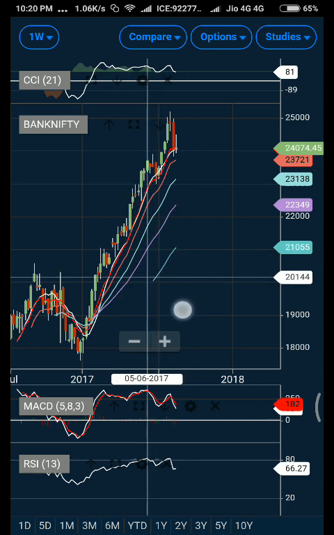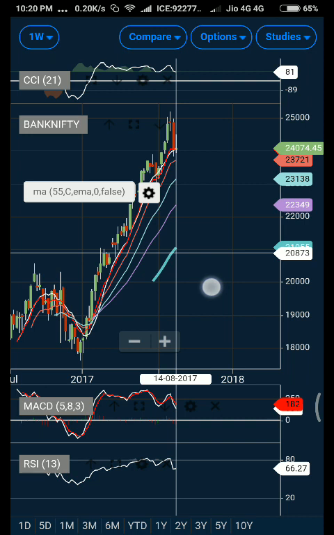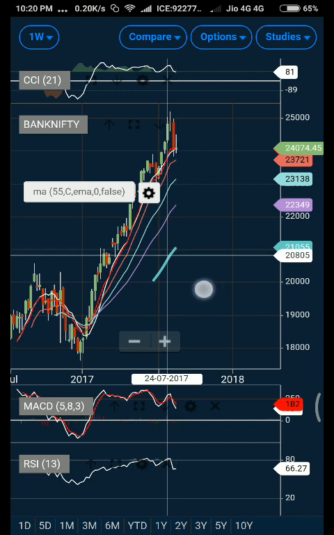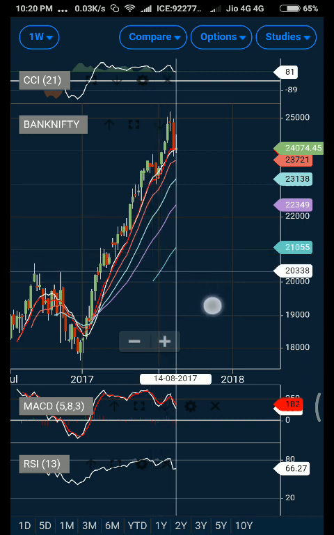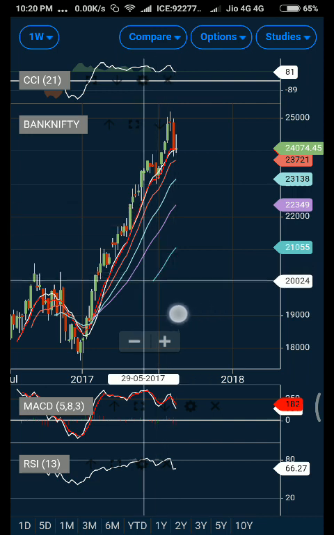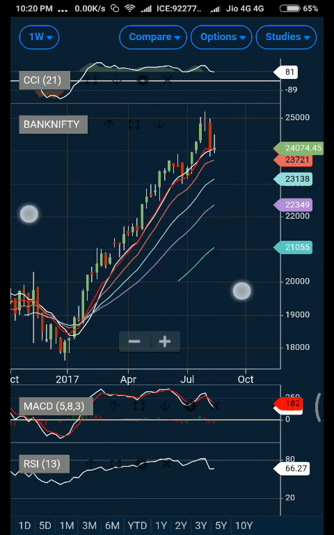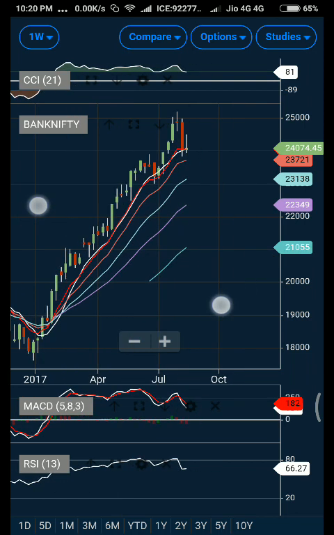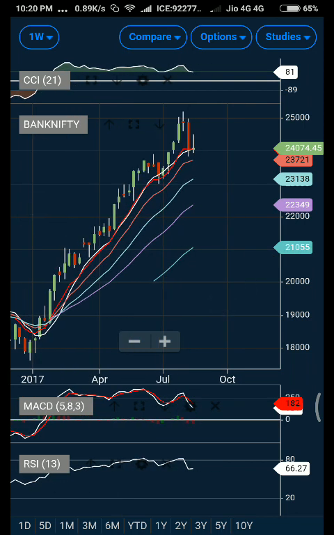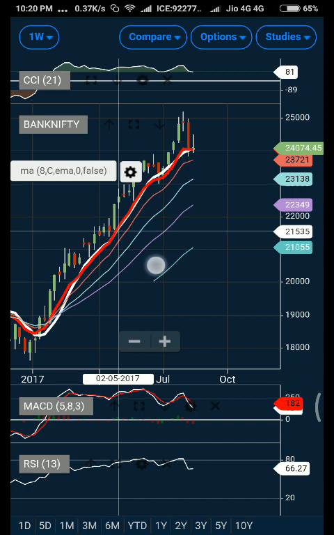So I see the market going down, but not the kind of downside that market players are suggesting, like Bank Nifty at 17,000 or 15,000 for the next week. At least I don't think so. Those are not levels one can expect in such a hurry. I have already suggested the levels that I will be watching out for. Unless those levels are crossed, I don't think any convincing move on either side is expected.